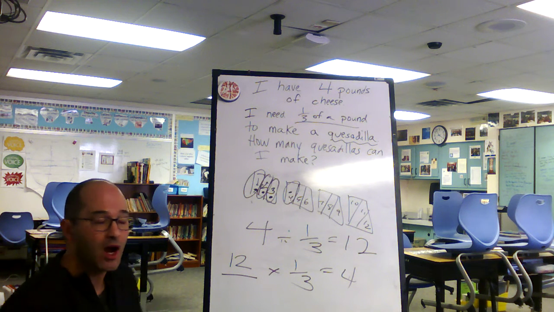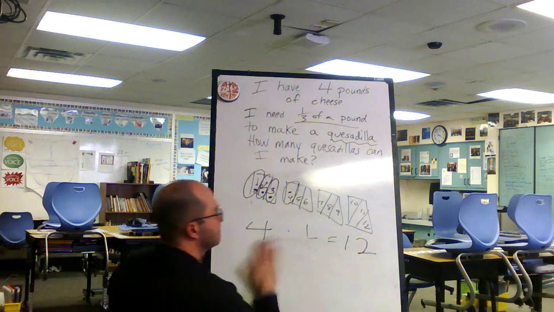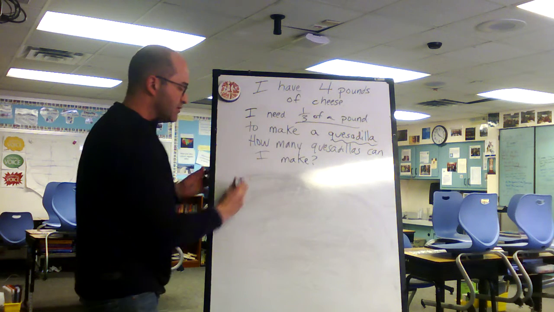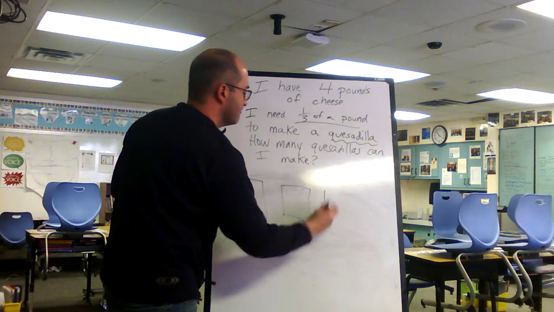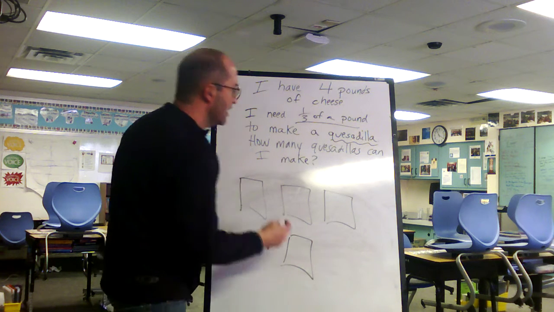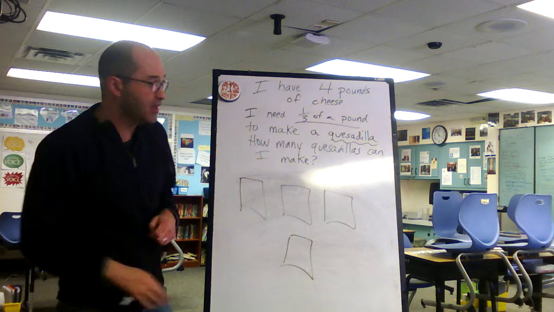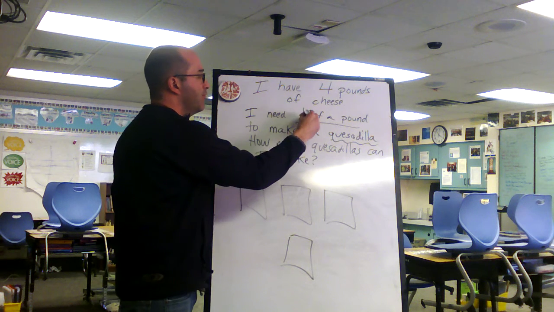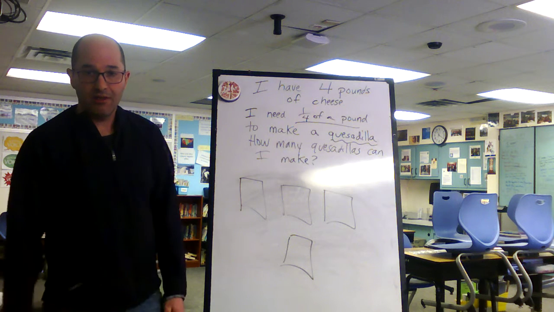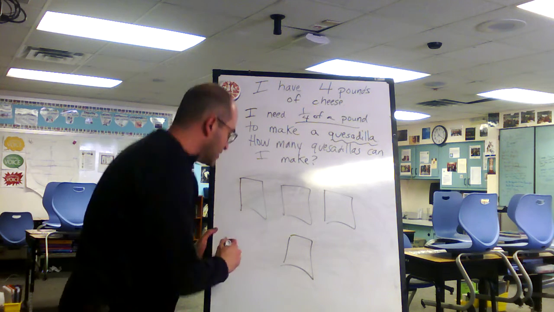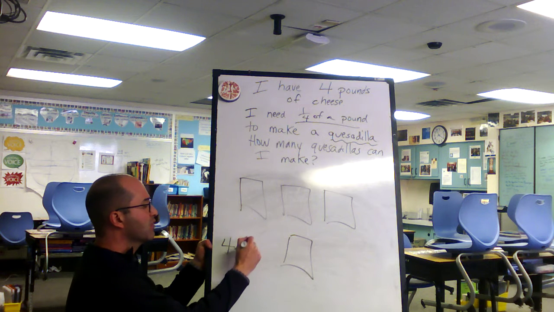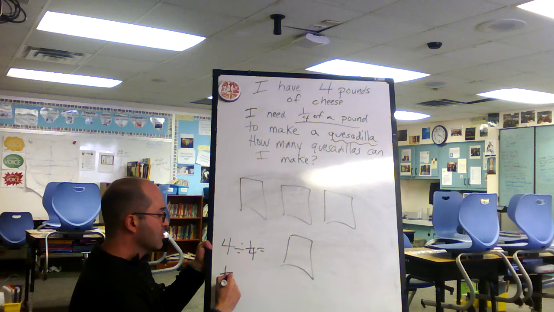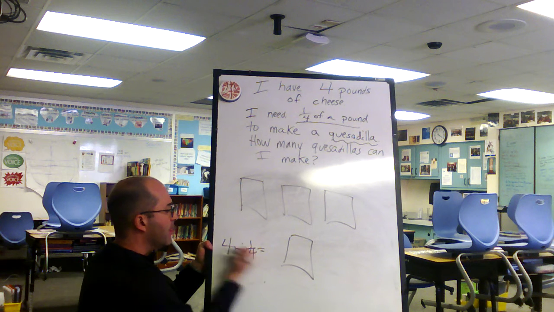Hopefully that was helpful. I'm going to give you another example. Follow along with me. 4 pounds of cheese, again. Instead of 1/3 of a pound of cheese for a quesadilla, we need 1/4 of a pound of cheese to make a quesadilla. So what that's saying, we have 4 pounds, we're dividing it into groups of 1/4 to know how many, and then that's the same as 1/4 times, how many